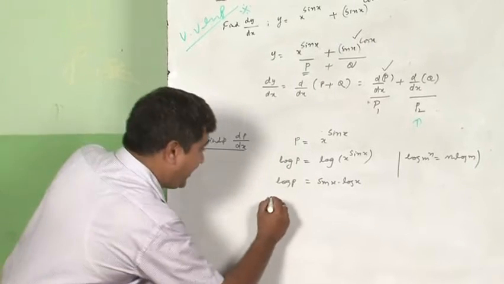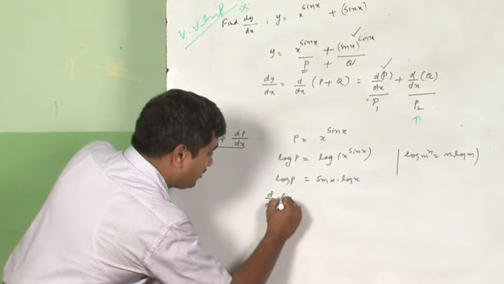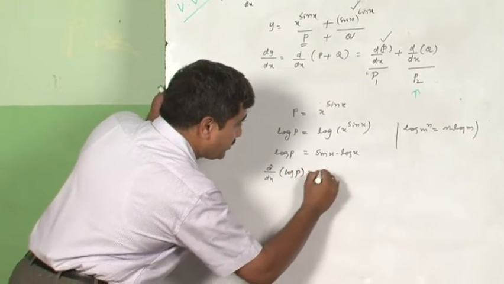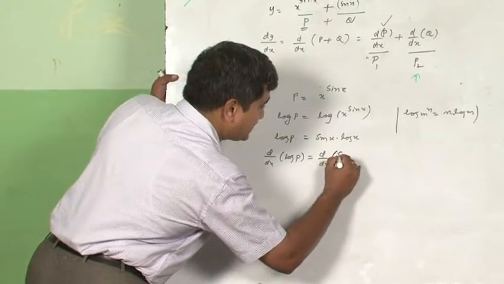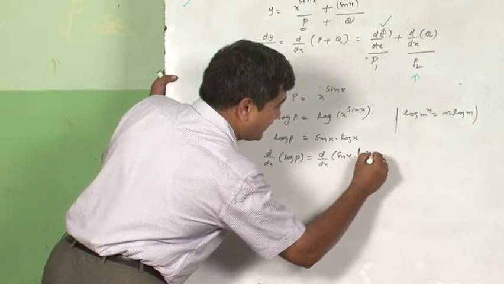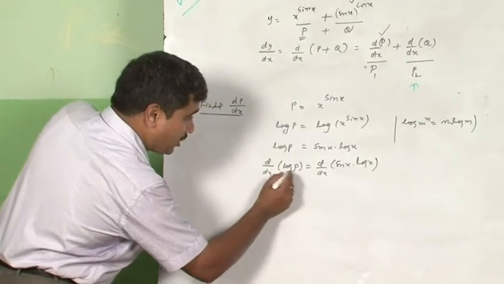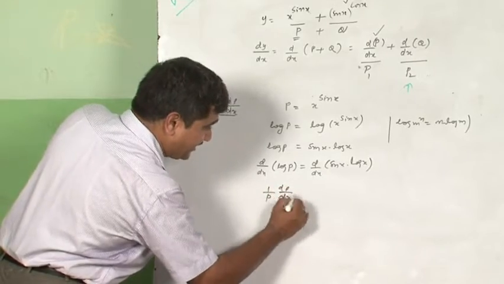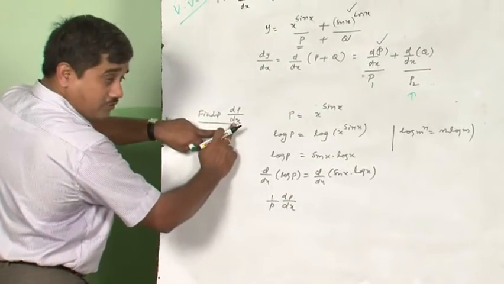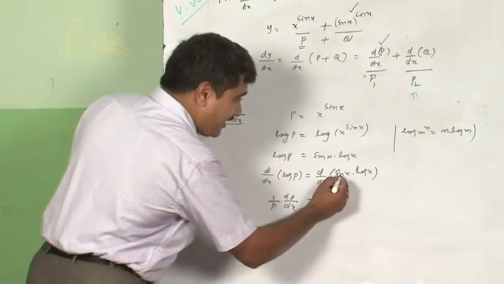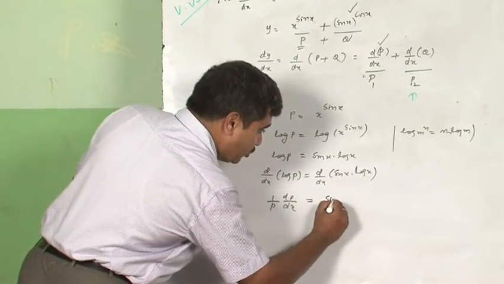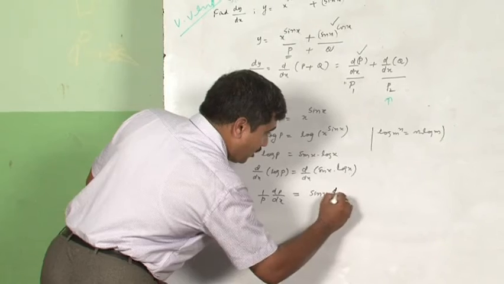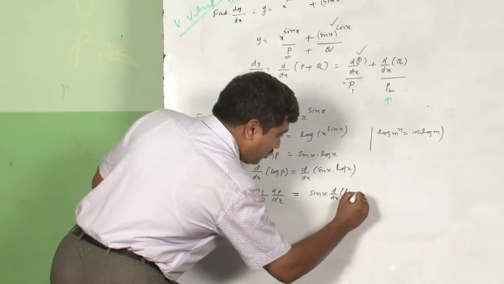Now I will differentiate, that means d by dx of log p is equal to d by dx of sin x into log x. Differentiating log p gives 1 by p, and differentiating p gives dp by dx. So interestingly, you got the one which you require, equal to, here by the uv rule, u differentiating log x is going to be log x